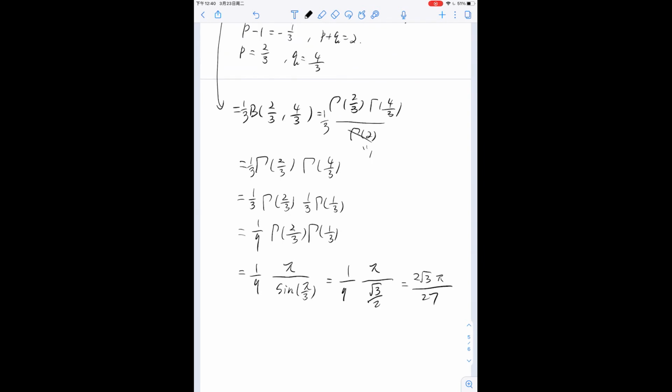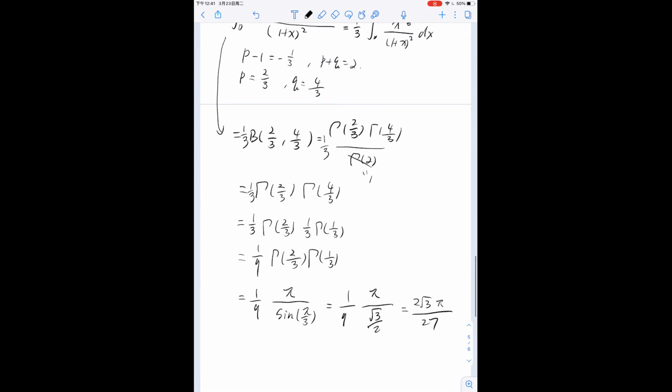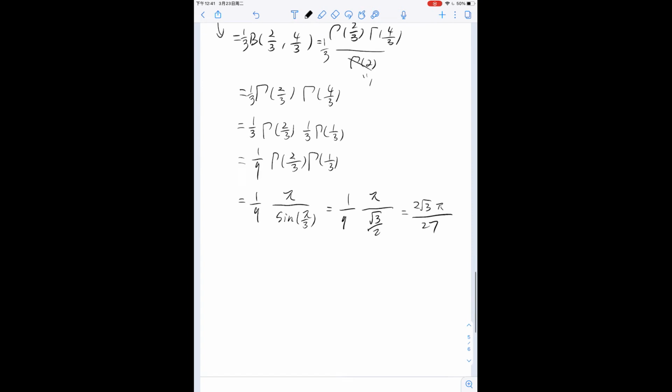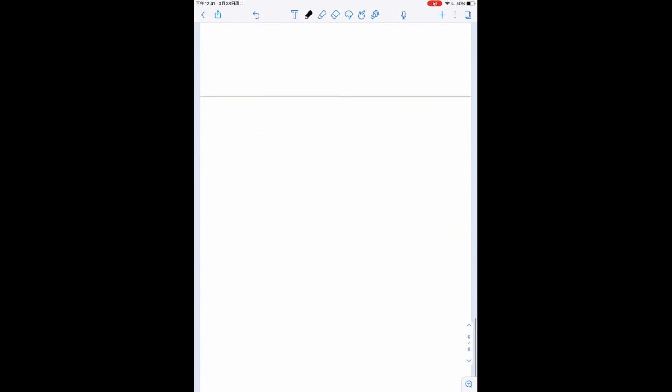So with this example, we see that to calculate an integral, beta and gamma functions are very useful, and usually we need to use a technique of change of variable. So this is all about special functions. Another topic we want to cover is series function. So series function is